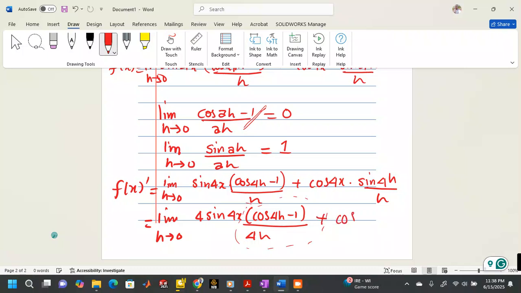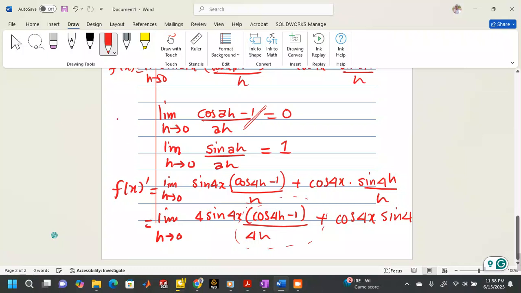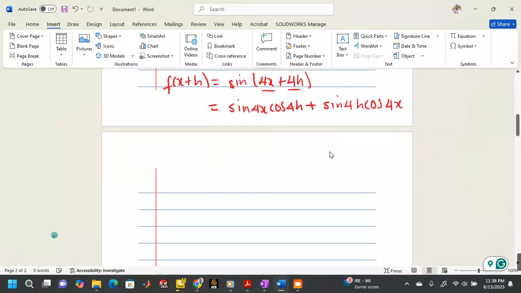And then plus cos 4x. So how can we get 4 down here? Same thing, we multiply by sine 4h. Running out of space. Okay, do I have another page? Okay, so I will write here f'(x) equal to, so write limit, sorry, I don't know why I keep forgetting to write it. Okay, limit, so we have 4 sine 4x, cos 4h minus 1 over 4h, plus